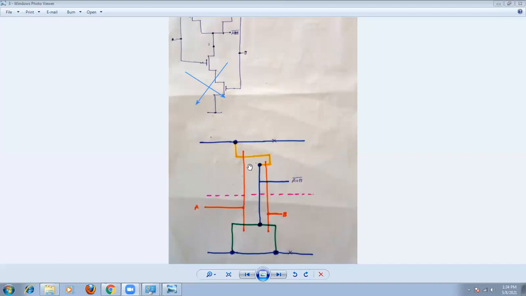Remember, that would violate the rules of the CMOS design style. Therefore only polysilicon will cross the demarcation line to form a transistor. Whenever the polysilicon crosses the diffusion path, a transistor is formed, and only polysilicon and metal layers will cross the demarcation line, and no diffusion paths, that means N diffusion or P diffusion, will cross the demarcation line. These are the most important rules you have to remember.